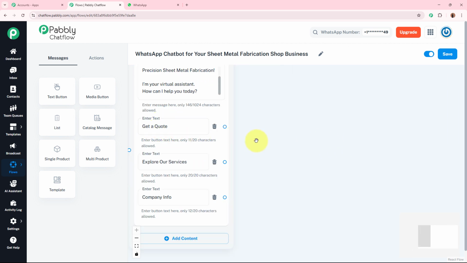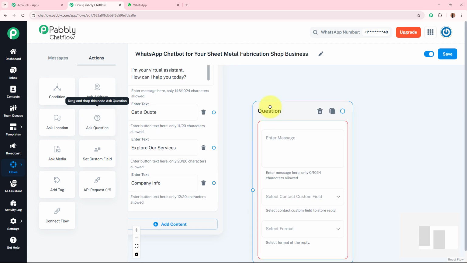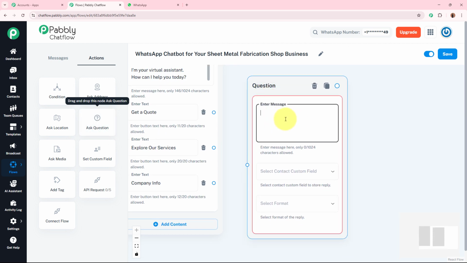What message should be forwarded to the customer if they select this button, that is get a quote? For creating a customized quote for a customer, I have to collect their details, and for collecting the details, I have to ask them questions. So to ask a question, go to actions, and you can see this field ask question. Drag it and drop it in this field. Over here in the message, we have to add a question, which is going to be